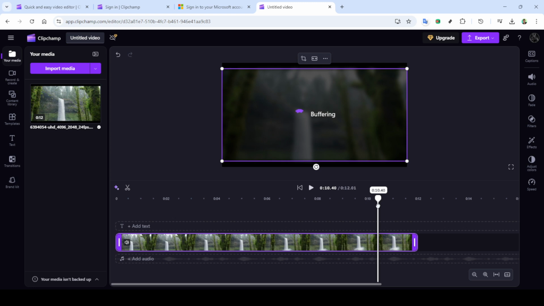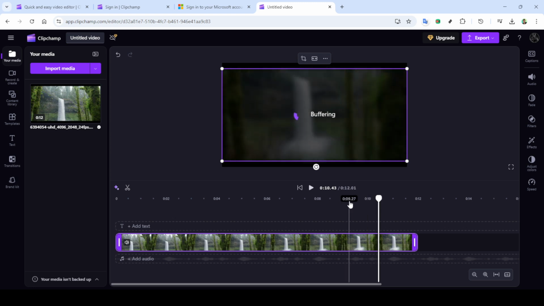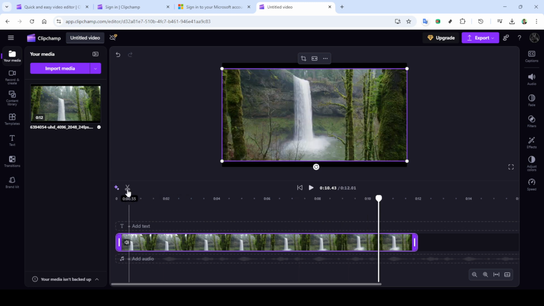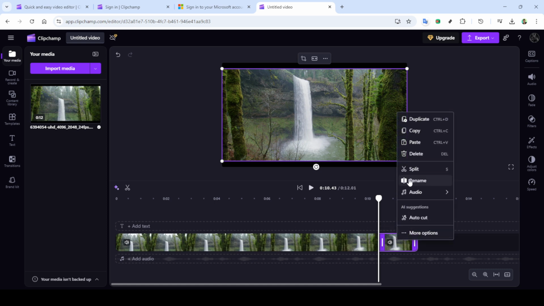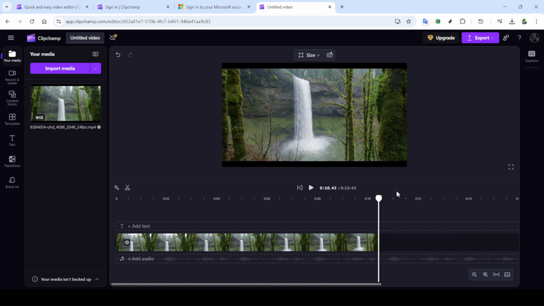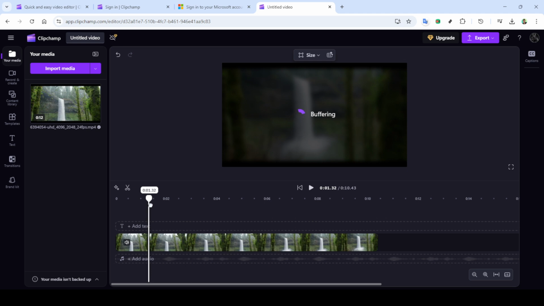With your video on the timeline, you can start trimming. Slide the trim handles to the section you'd like to focus on. Clipchamp makes this really easy through their intuitive design. You can grab the handles on either side of your video clip on the timeline and adjust them to the specific start and end points you want. As you slide these handles, you'll notice the video preview updates in real time, giving you a clear view of